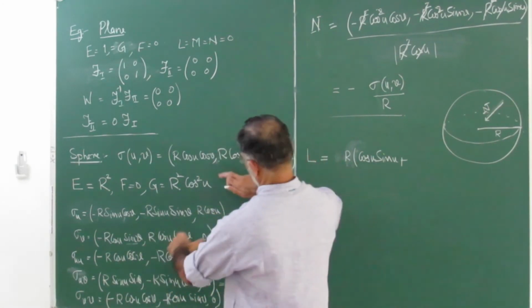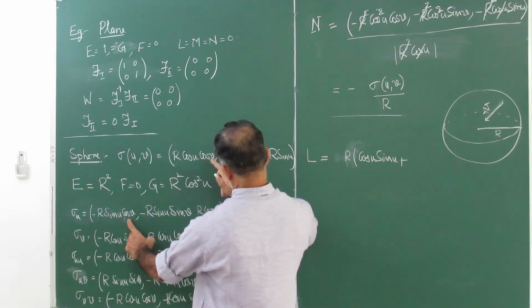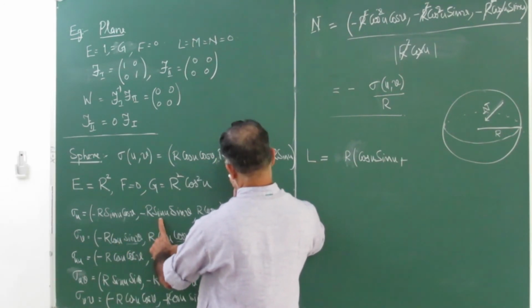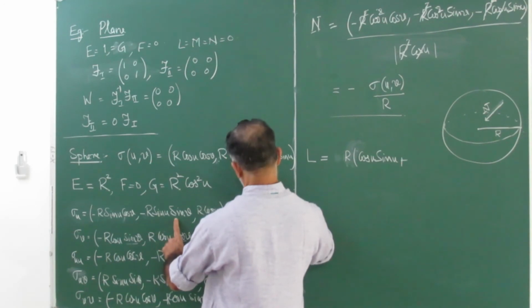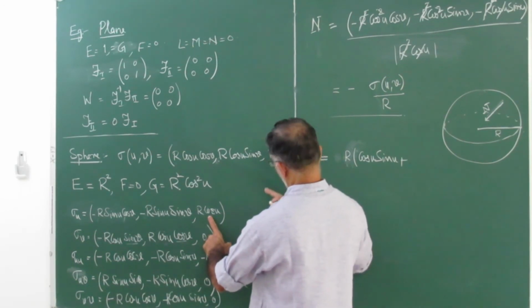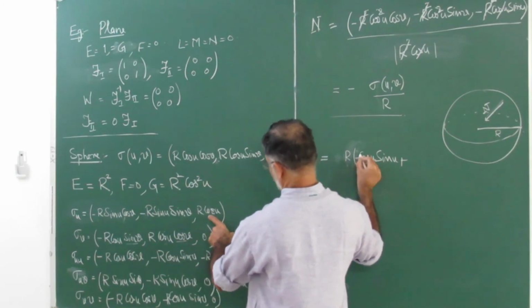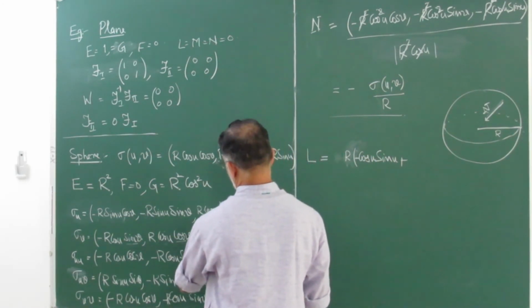Let's check it again. This is r cos u sin u cos square v plus r cos u sin u cos square v. So that's equal to r cos u sin u plus r cos u sin u. So there is a minus sign here,